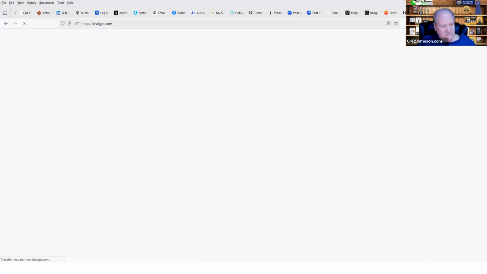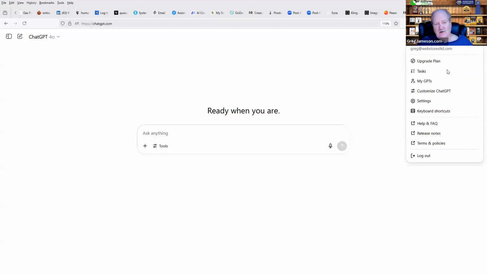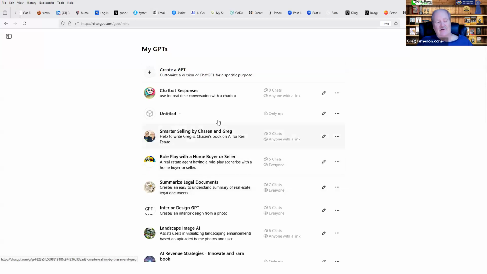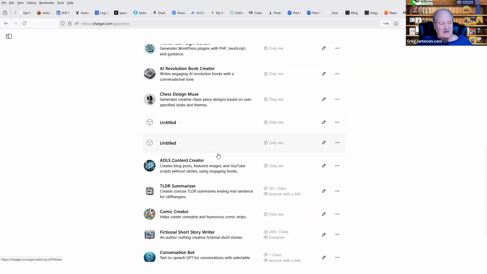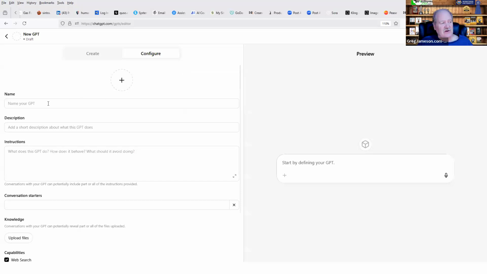So if we go to chatgpt.com, you're going to want to have a Plus account to do this, but in the upper right, it is going to have your account. And if you click on My GPTs, this is going to list out a bunch of the GPTs that I have created. Some are for me, some are for others. But you can create your own. So you just click on create, and let's create one